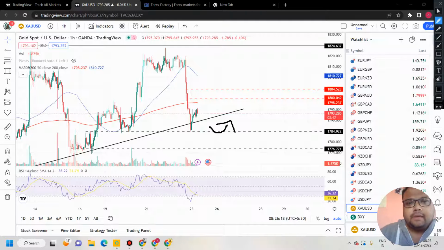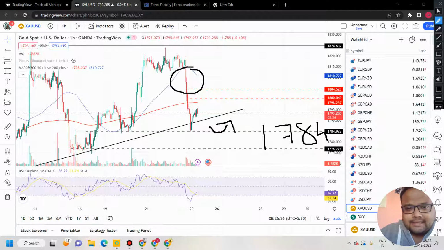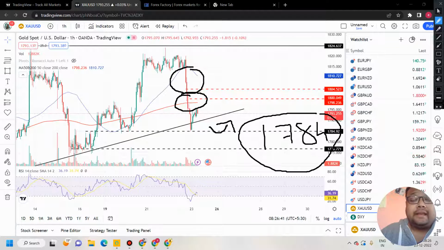On the other hand, if the market breaks the 1785 level or 1784 level with candles like this, then it means that sellers are pushing the market down and the market has volume. The market has got some unexpected selling volume. In that case, you can take a sell position below 1784 as well. So if the market breaks the 1784 level with big red candles, it means that the market has volume, and you can consider taking a sell position below the 1784 level.